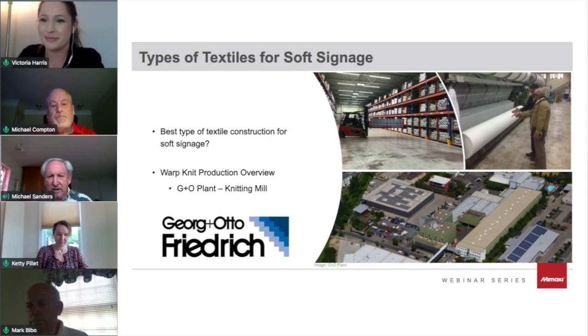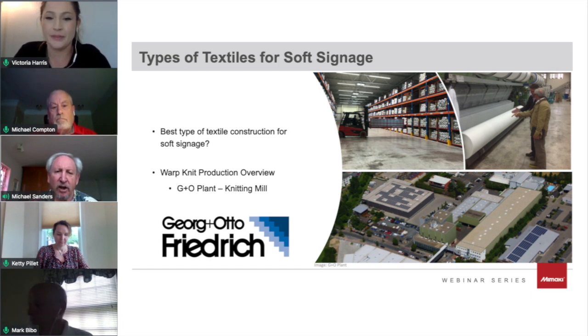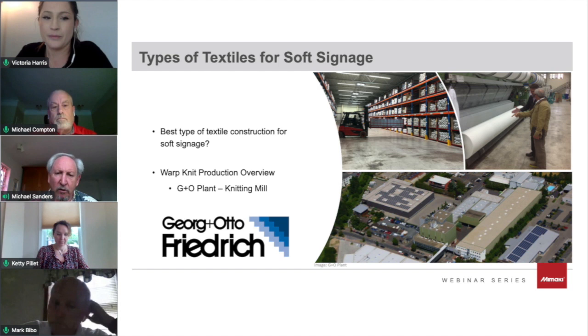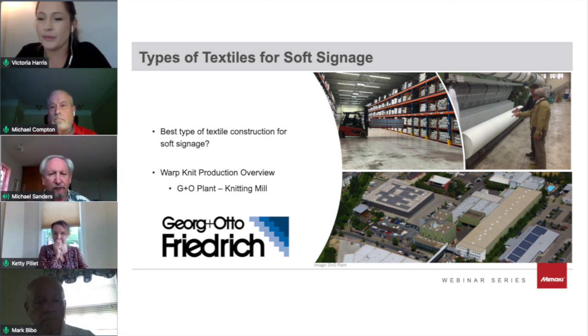Yes. First of all, there are 3 different types of fabrics that you can print on. They are wovens, circular knits, and warp knits. Warp knits being the best choice for doing soft signage because of its dimensional stability and also because of its locking stitch. If you were printing on, let's say, a woven fabric and you were to get a rip or a tear, let's say it was in a stadium, it would rip completely across and you'd be in big trouble. If it was going into an SEG frame and you get a rip or a tear, that could be catastrophic in